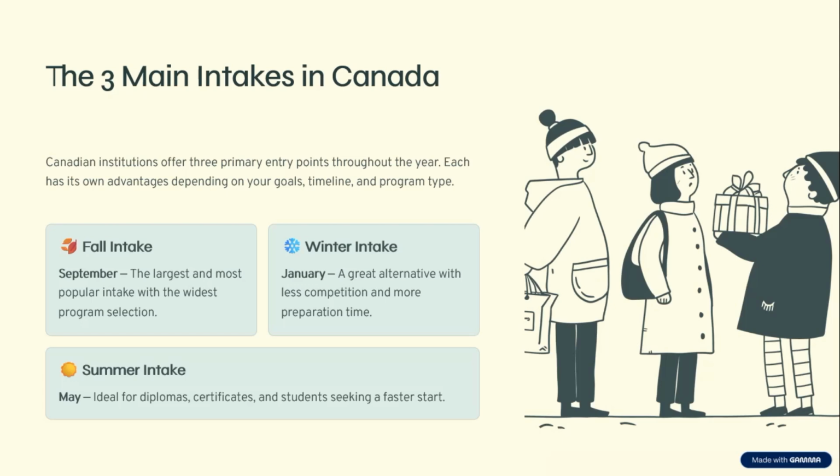So roughly, to start applying for, let's say, September, you might have to start your application in about September of the last year. For example, if you want to start in September 2026, then you need to do your application starting from September 2025. So one year back, in September, November, December, like that. So that's what we mean by fall. For winter intake as well, you need to start right about last year's January or February. For summer, do the same. So three main intakes we need to look at: fall, winter and summer.